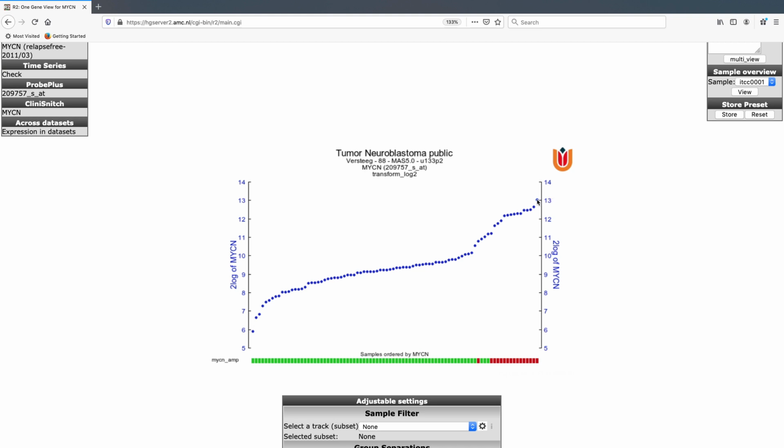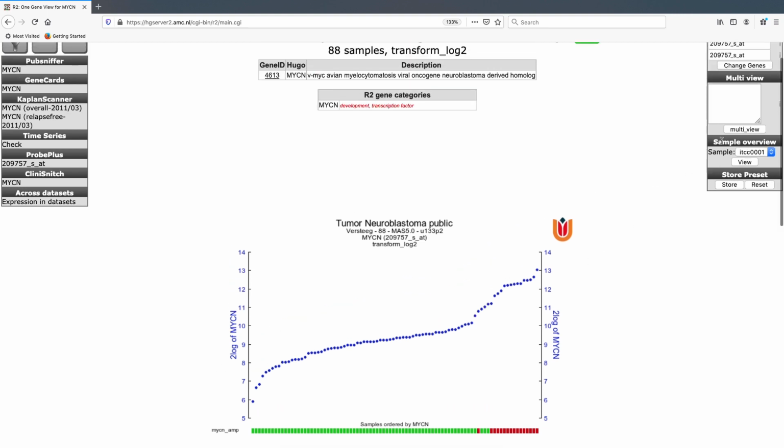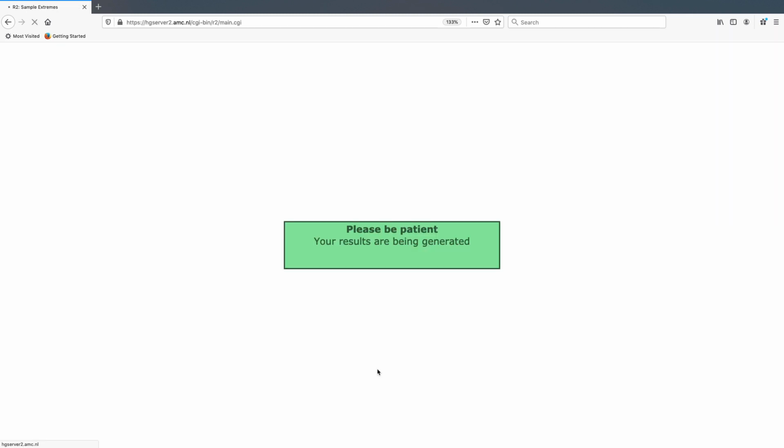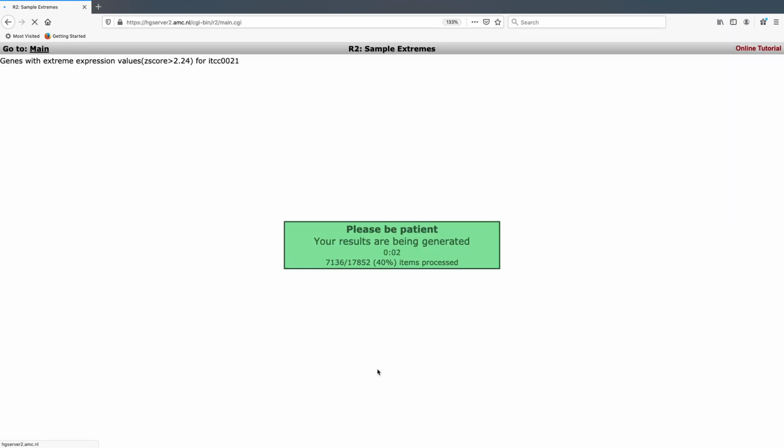And what we can see here is that sample ITCC0021 is the highest MYCN expressor in the entire data set. And what you might want to know is what other genes are also highly expressed in this sample. In order to perform such analysis, you can see here on the right, you have something called a sample overview. So in this case, we want to view sample ITCC0021, which is the highest expressing sample of MYCN. And by clicking view, we have an option here to get the extremes for ITCC0021. By clicking next, we are going to be provided with